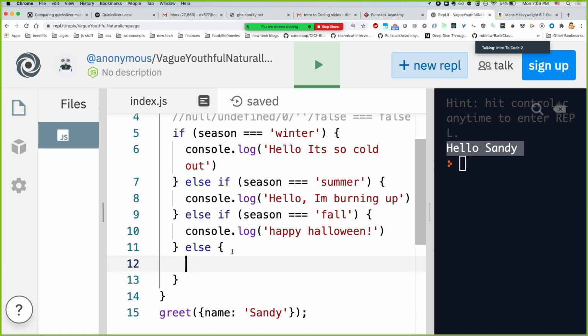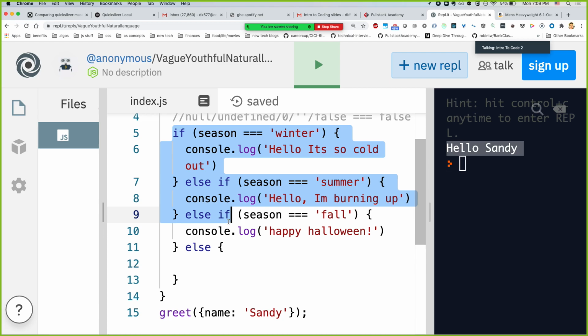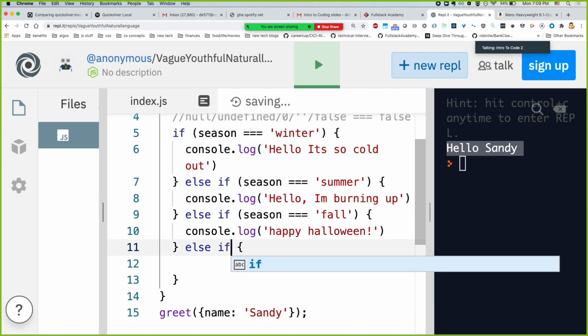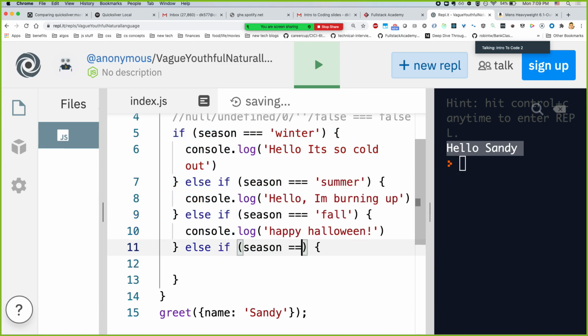So you have choices. I like using an else at the end if I have a bunch of else ifs, because, you know, if I do else if season equals spring, and I don't do an else, that means that if none of these are true, then I'm not gonna do any. I'm not really gonna know what I did, because if you just have an if and a bunch of else ifs, then technically the inverse situation of all of these never gets run,